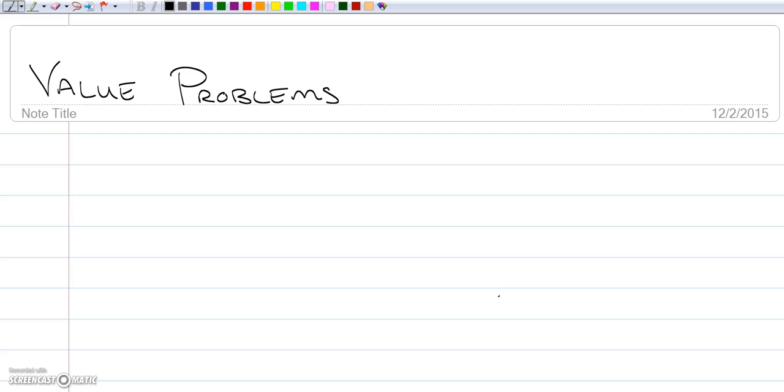Way to go. All right, so we're talking about value problems. The only difference between a value problem and the problems that we've been doing before is that we have a value, a specific number that is associated with the variables that we choose. Okay? So one thing that we like to talk about in value problems, value generally goes with money. Okay? So if I said something like,